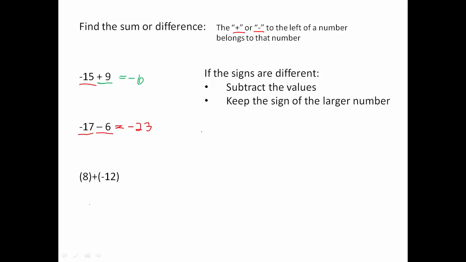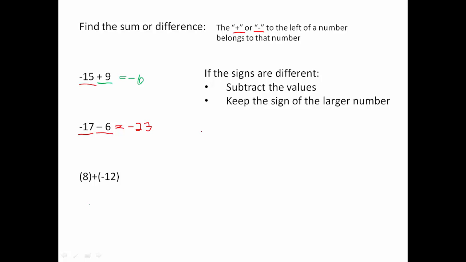Now you might remember a rule that says two negatives make a positive. You've got to be careful. That rule only applies for multiplying and dividing, and we haven't gotten there yet. One of the most difficult things about negatives is that there are so many rules. The rules for adding and subtracting are completely different from the rules for multiplying and dividing. So make sure that you understand that these rules that we're going over right now are only for adding and